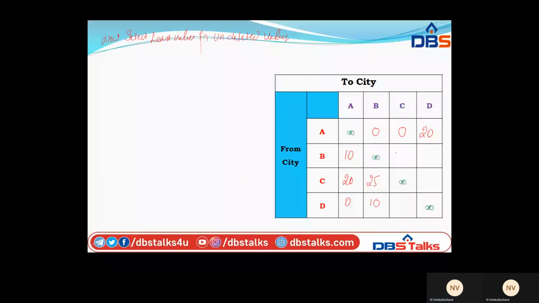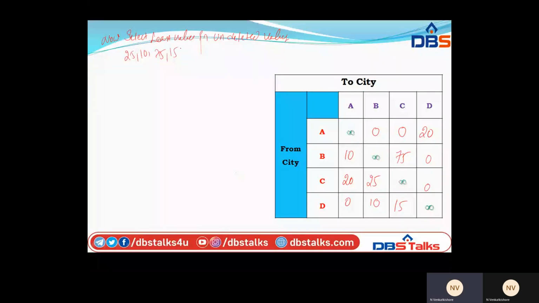So these are the actual values. In the undeleted values, what are the values we are having? 25, 10, 75, and 15. Among all these, what is the least value? That is 10. Identify the least value.